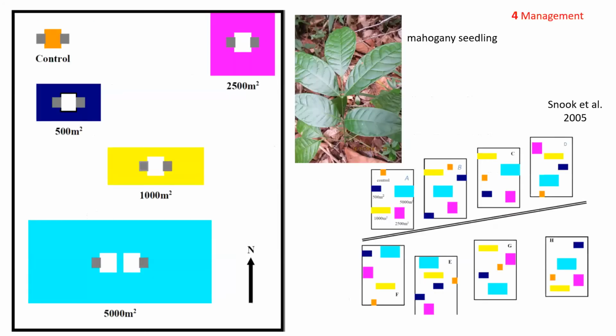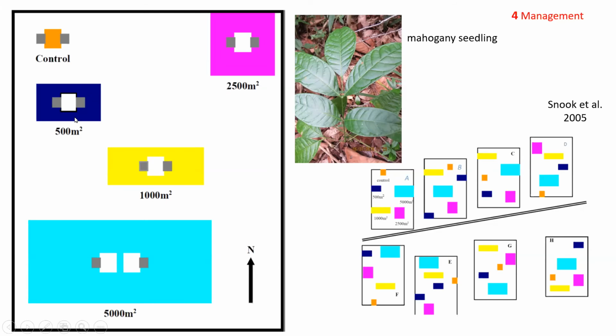And so we were tasked, led by Laura Snook, with developing a management system where we could harvest the forest and promote the regeneration of mahogany. So we devised a system of sampling in large blocks with multiple treatments. And I'll explain this. Here is a block. And in the block, there are several areas that we cleared by one means or another.